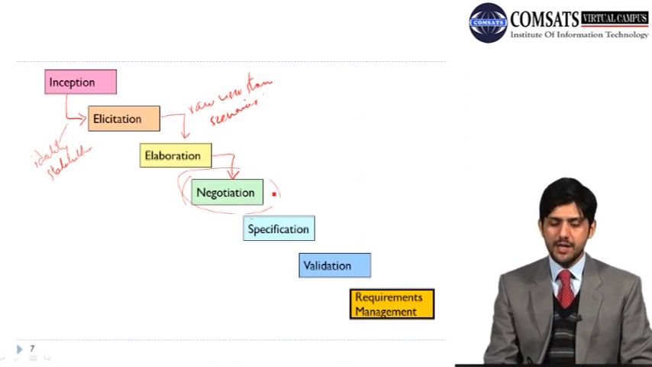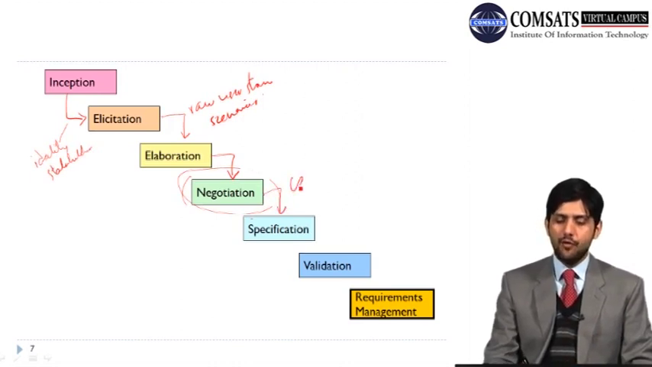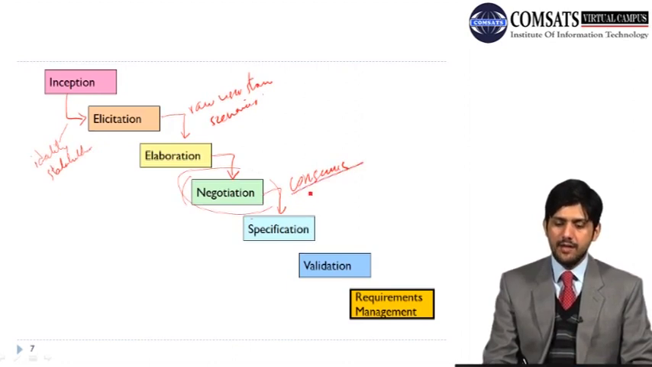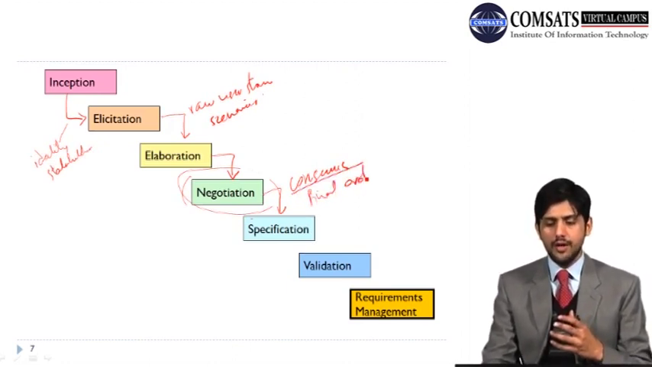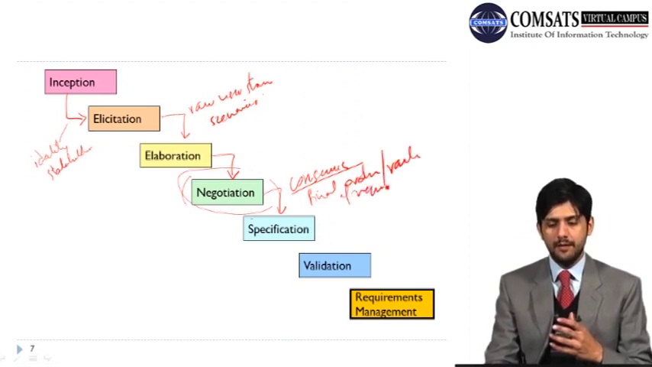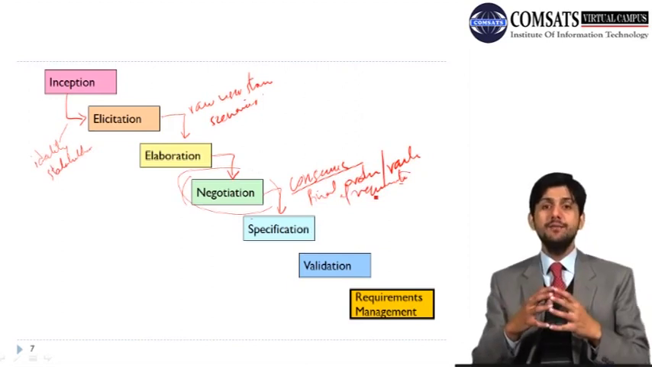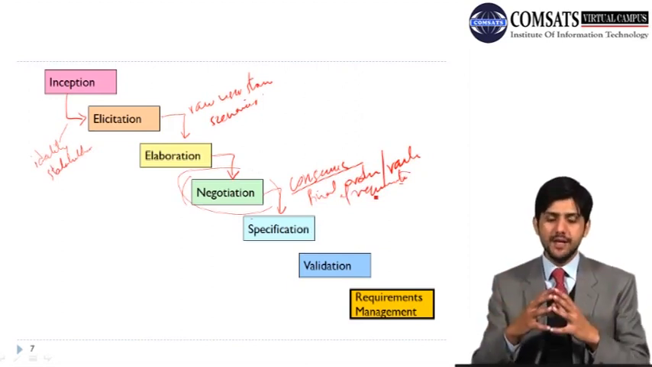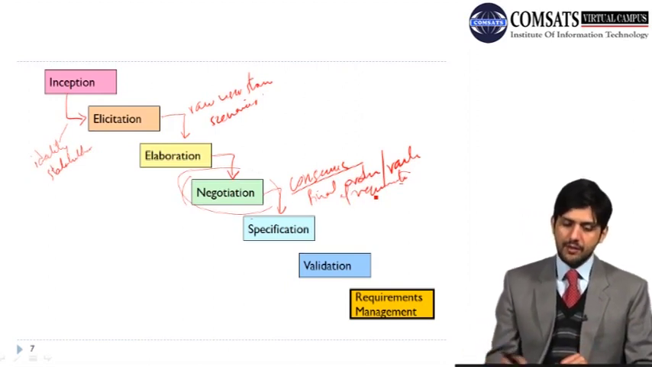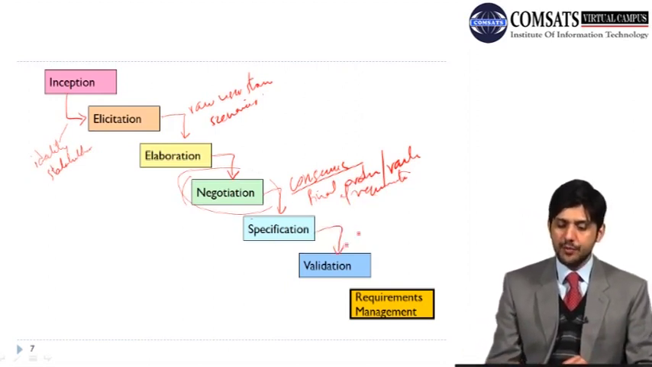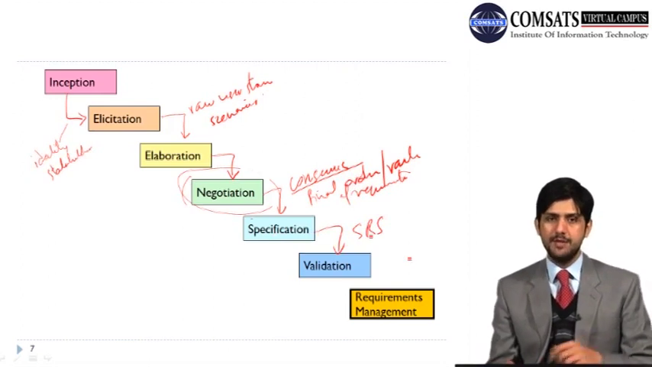And the purpose of negotiation is that we want a consensus. So we want a consensus, we want to get to a final order or rank of requirements. So then we say that we are in a position where we can start specifying requirements. Then comes this specification process, and we know that the output of this specification process is this software requirement specification